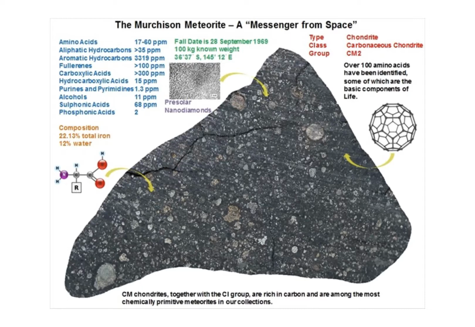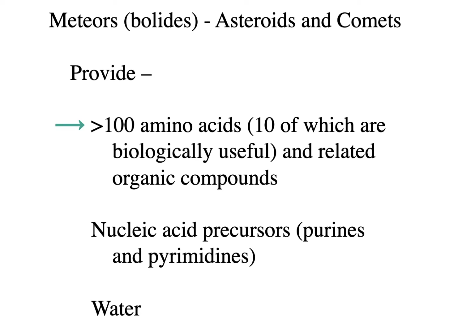And this is not the only one that's been examined. So there have been several of these that have been examined that contain similar compounds. In fact, in some of these, more than 100 different amino acids have been found, 10 of which are those biologically useful ones, but many, many different amino acids have been found. Nucleic acid precursors, including purines and pyrimidines, have been found, and then a lot of water, not only in comets,